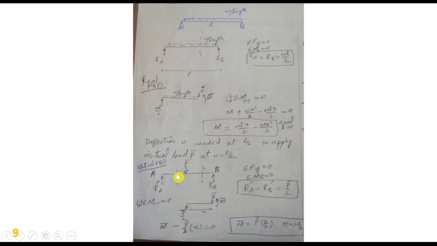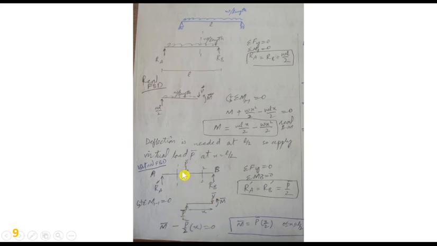Again take one section here, 1 1, and another section 2 2 here. For the first section, this section is considered, and here P bar by 2 due to Ra prime, this distance x, V is applied. Now V bar, because it is a virtual free body diagram, this force P was not actually present here, but it is virtual. And why have we applied it? Because in this method we have to apply a fictitious force, a virtual load, at the point where deflection is needed, and here deflection is needed, that's why we have applied it here.